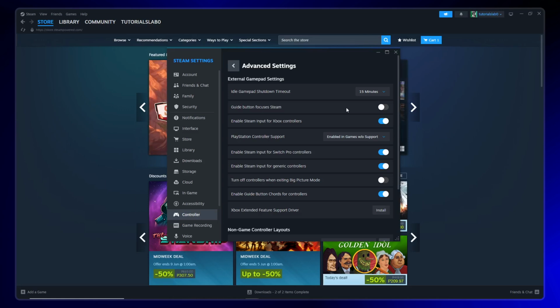If you're using Xbox controllers, look for Enable Steam Input for Xbox controllers. Right beside it, toggle this off. Disabling this option stops Steam from processing Xbox controller inputs through its own system, which can prevent Big Picture mode